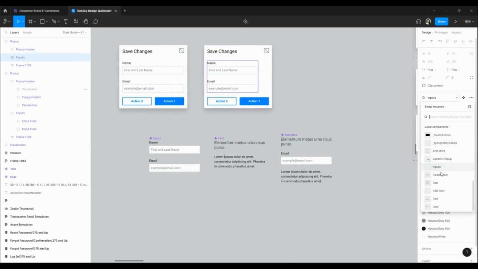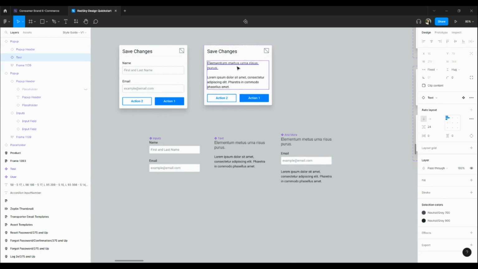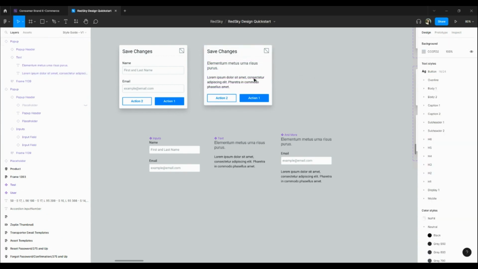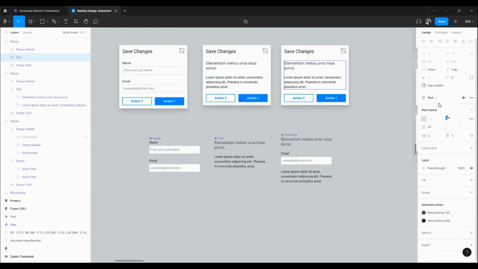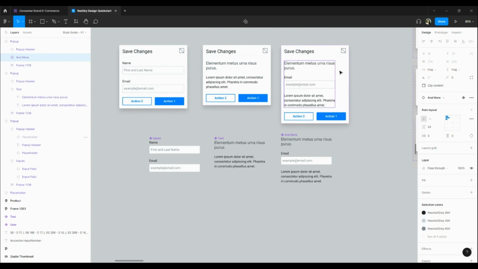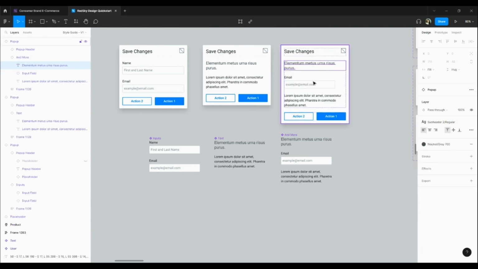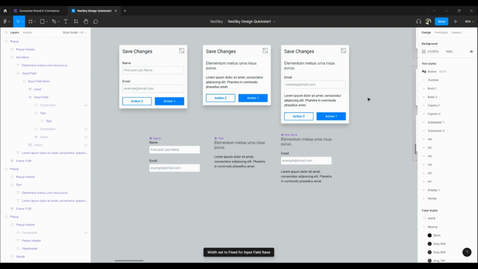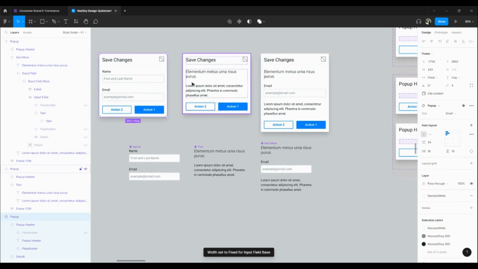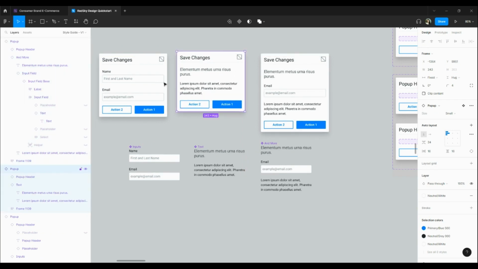So now instead of inputs, I want it to be my text component. Make sure that those are filling the contents, which they are. Awesome. And then I'll switch this one to be my mixed component here, and just make sure everything's filling container, resizing properly. So just like that, I've made 3 different pop-ups, and they're all still instances, as we can tell from the